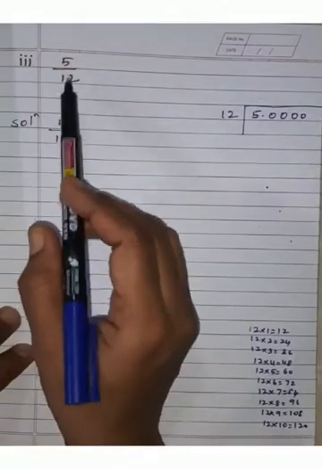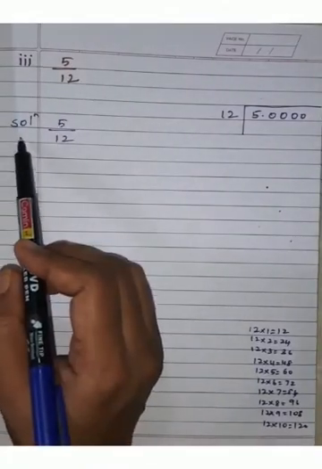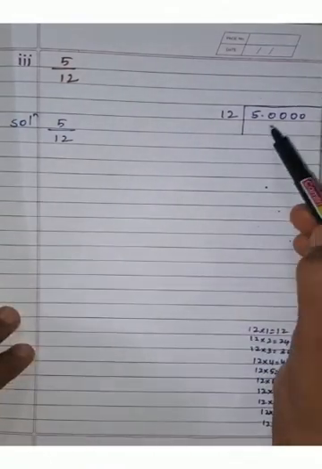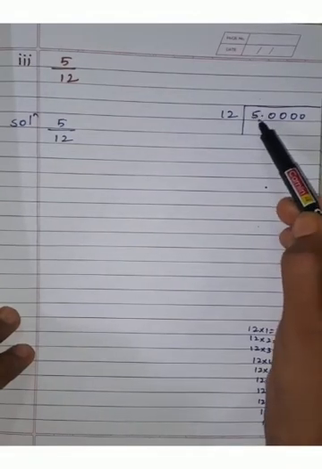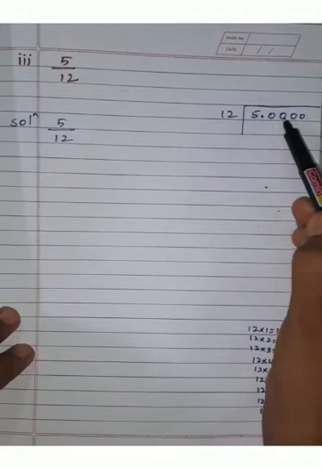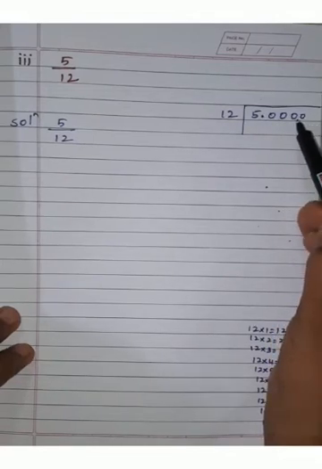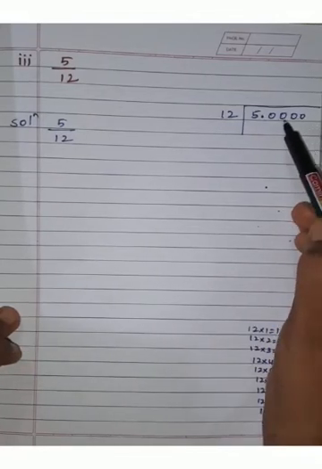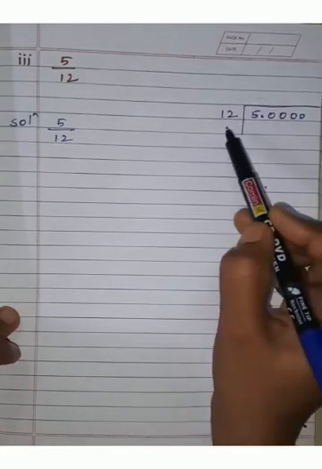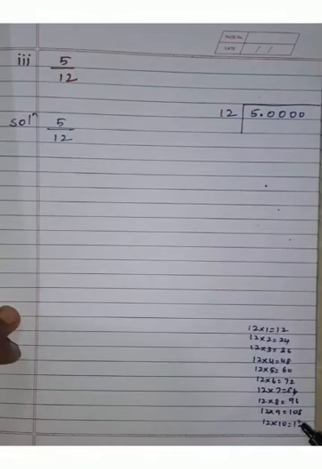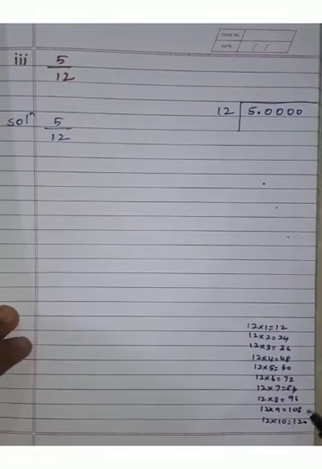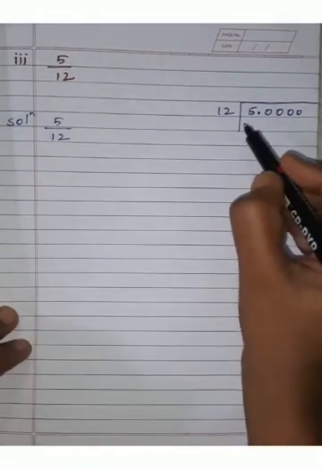Students, our third sub question is 5 upon 12. So you have to start the solution as 5 upon 12. And here you can see that 5 is our dividend, so we have to write inside, and after writing 5 I have taken decimal point and added some zeros, children. We can add any number of zeros, the value will not change. Now here, since 12 is a divisor, so we have to write it outside. Now for our convenience I have taken here table of 12. So now we have to start dividing, children.